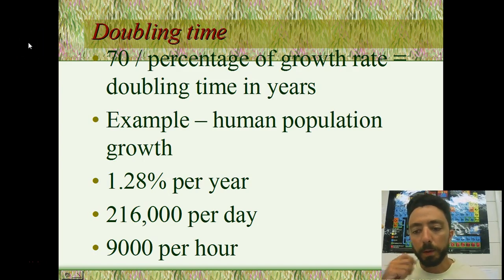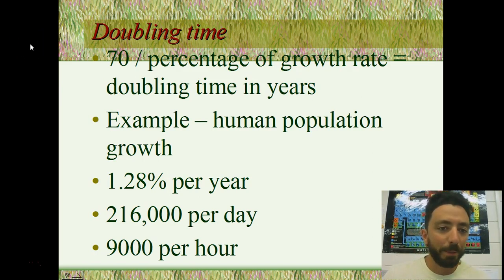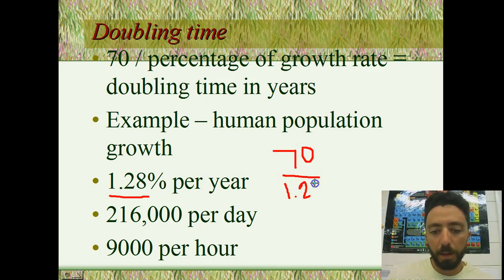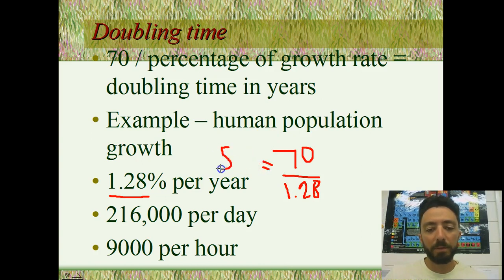Doubling time is a very important equation, and it's one that you're just going to have to memorize. Thankfully, it's fairly simple. For doubling time, you take 70 divided by the percentage growth rate, and that gives you the doubling time in years. The example problem we've got is a growth rate of 1.28%. To solve for this, you would take the number 70 and divide it by 1.28. You do not want to take the decimal equivalent of the percentage. You want to just use the actual percentage. Plug that into your calculator and you get a doubling time of about 55 years,